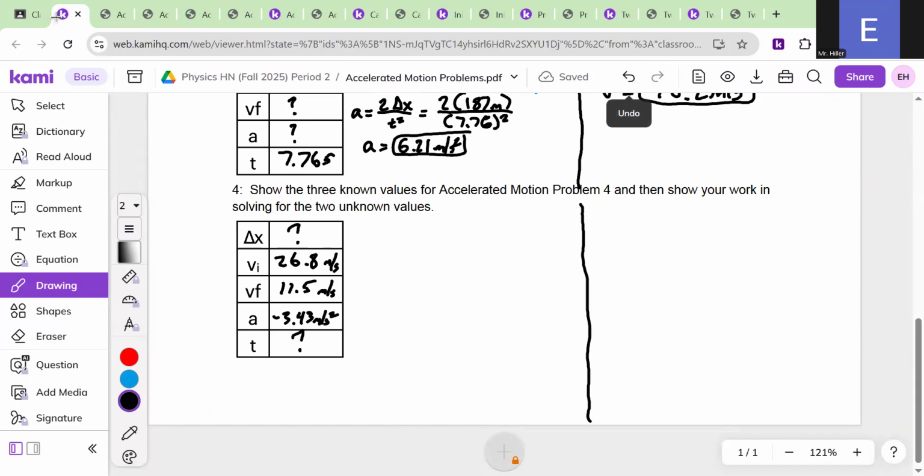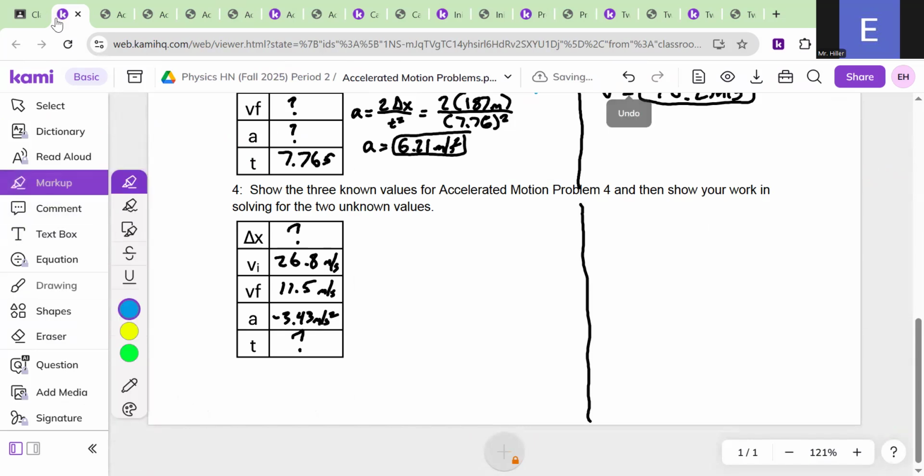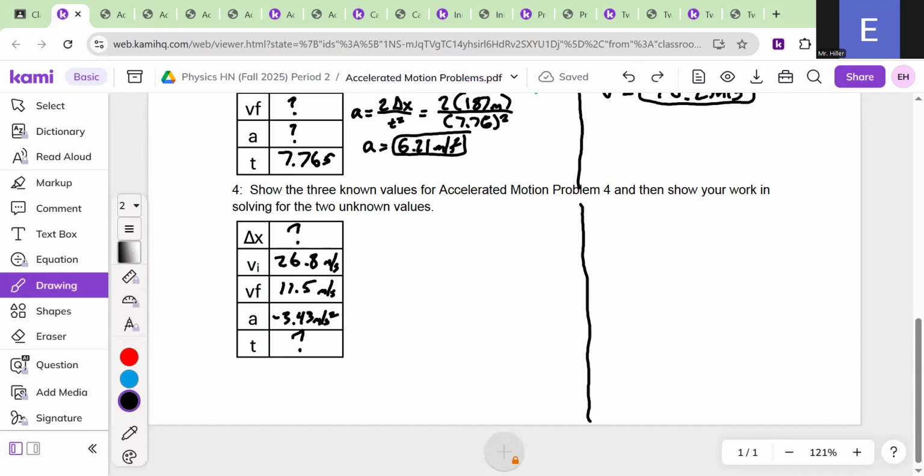Split your page in half. I am going to choose to solve for time first. So that groups these variables together. And that would be using equation number 8. V equals V naught plus AT. Go ahead and subtract V naught from both sides. Rewrite. And we get V minus V naught equals A times T. Divide by A,